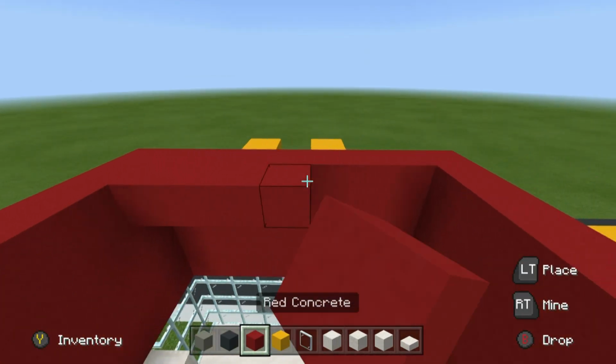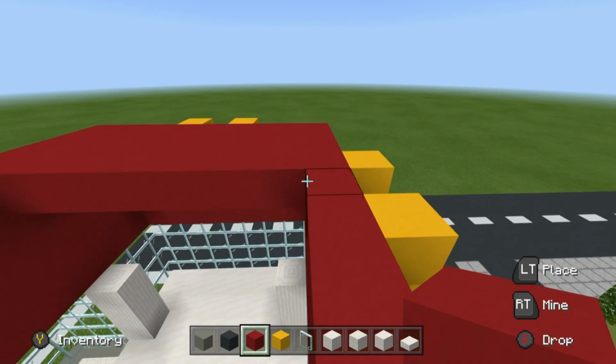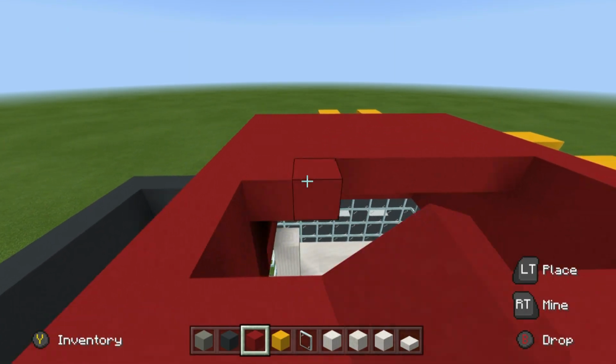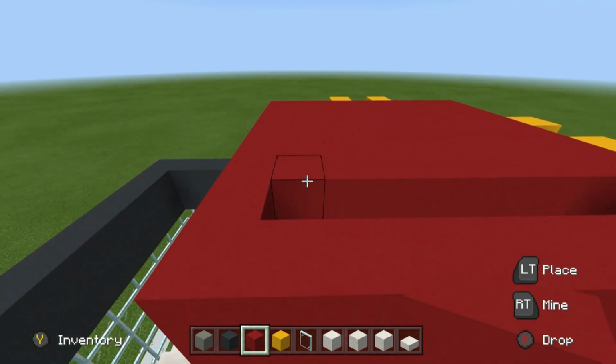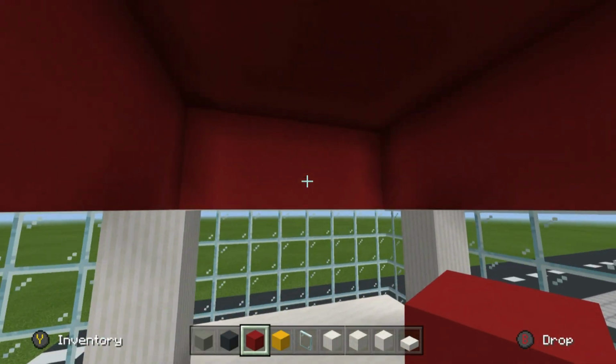I think I'm going to fill the entire ceiling of the McDonald's in using either grey or red. So this is the roof, so this is a little bit different, but I think that the entire...